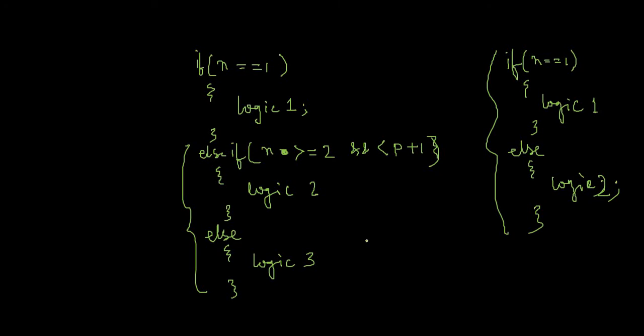But when someone asks you to write a very simple and efficient code, at that time your code will fail, because your code is not as simple or efficient as this one. Here I have condition 1, condition 2, condition 3. There are 3 cases, but here I have 2 cases only. Got my point? Yes, sir. So this is the difference.